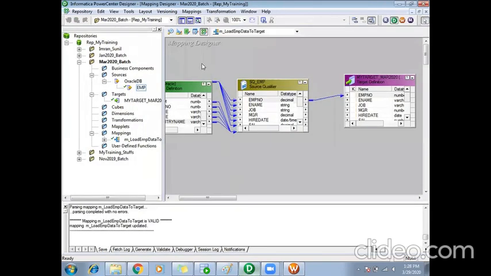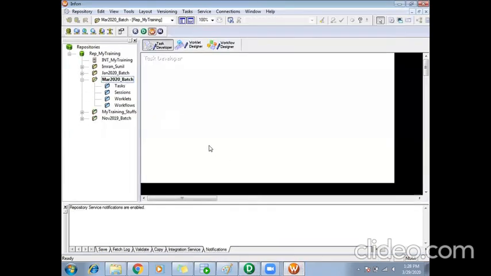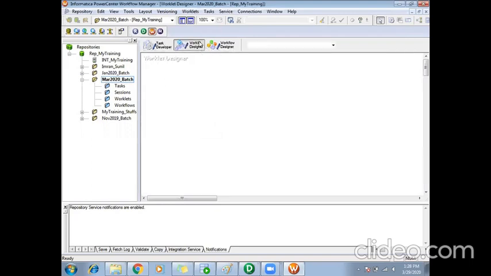So in order to run this mapping, I have to create a workflow in my workflow manager. Here in the workflow manager also, we have 3 workspaces: one is task developer, one is worklet designer, and one is workflow designer.